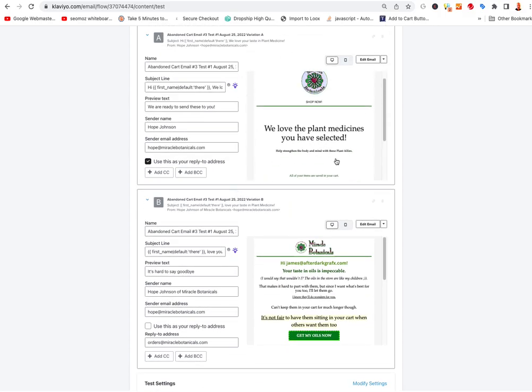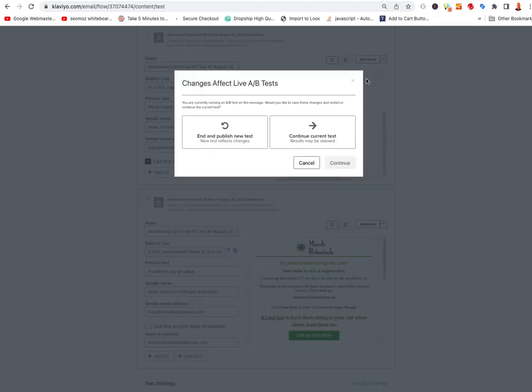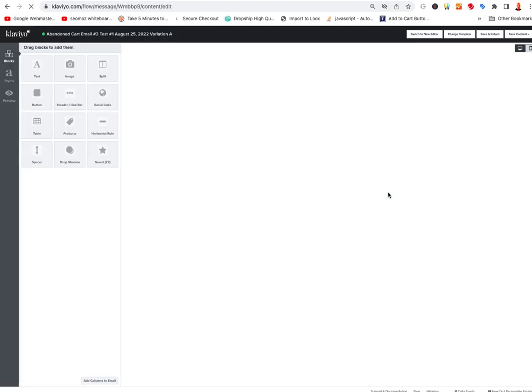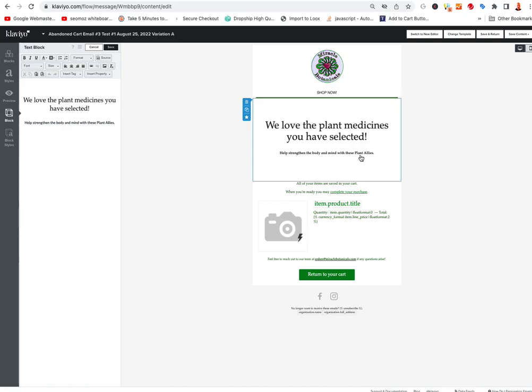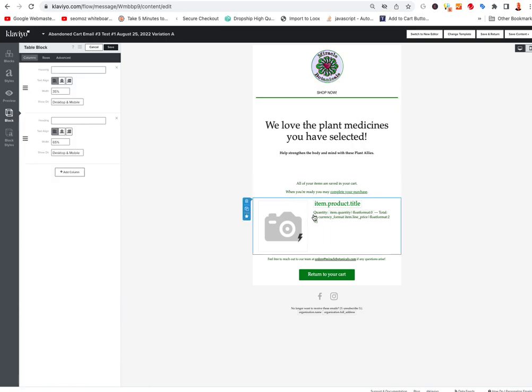Okay. So it says, we love plant medicines. You've selected, so edit email, continue current test. Continue. Help strengthen body, mind, plant fit, etc. It says, item profile, all your items are saved in your cart when you're ready. Complete your purchase, item product. So we have it, it'll show an actual product that's in their cart. So what we want to do is add